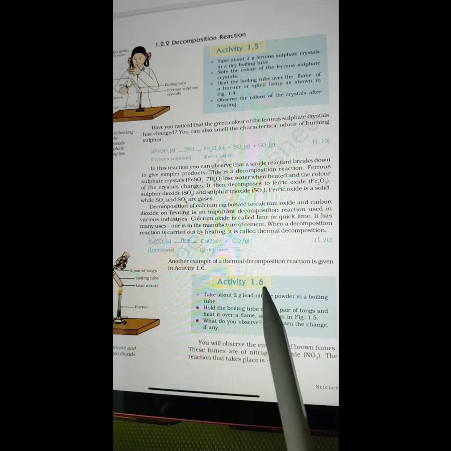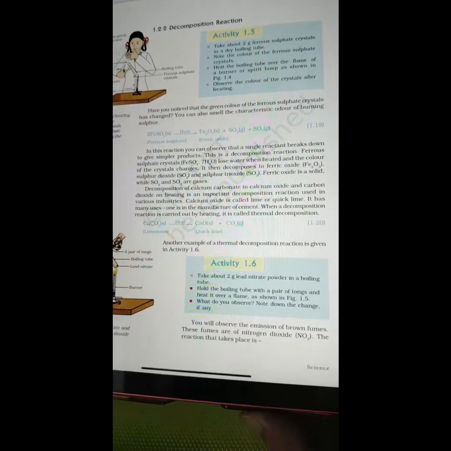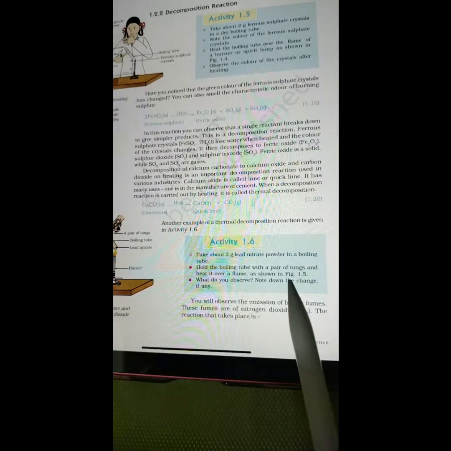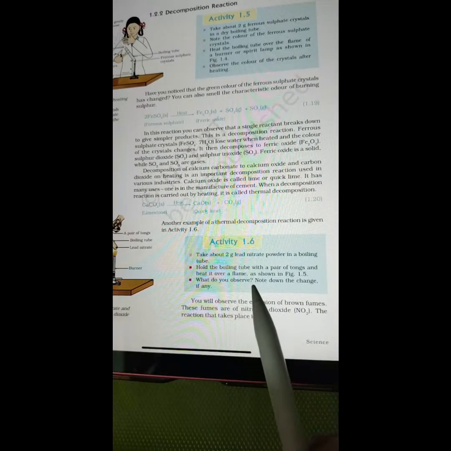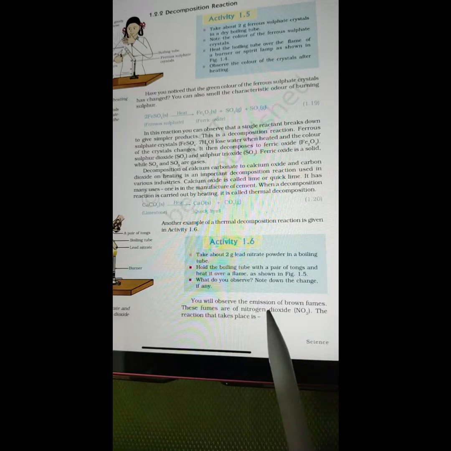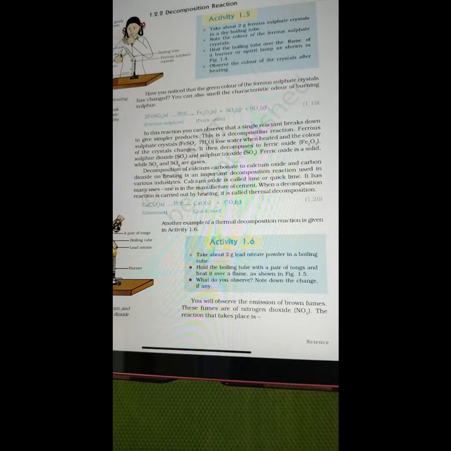Another example of a thermal decomposition reaction is given in activity 1.6. Take about 2 gram lead nitrate powder in a boiling tube, hold the boiling tube with a pair of tongs, and heat it over the flame as shown in figure 1.5. What do you observe? Note down the change, if any. You will observe the emission of brown fumes. These fumes are of nitrogen dioxide. The reaction that takes place is